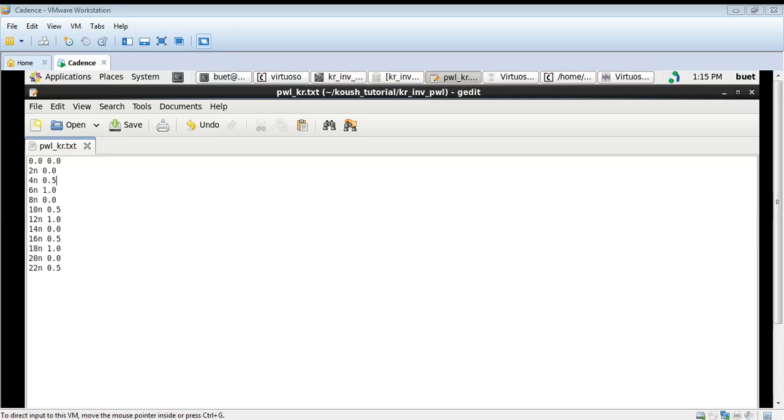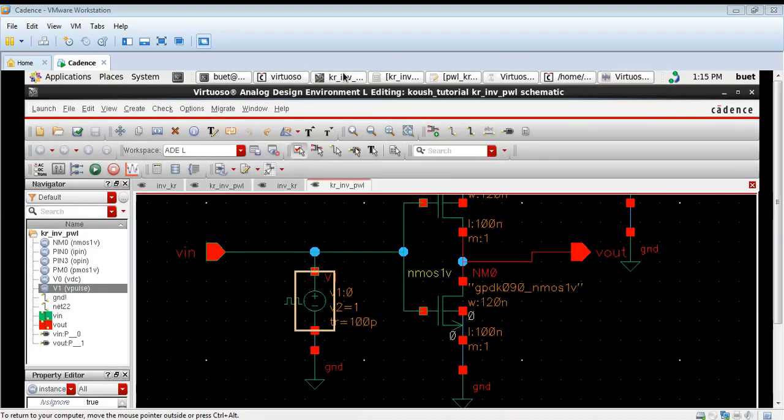Here again we can see this is the PWL text file. It is changing very fast, whereas the pulse we have used has only two values and they are also changing very slowly. So that is why